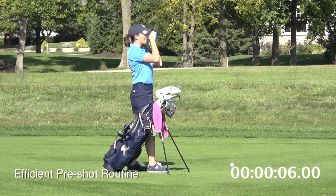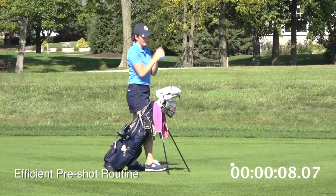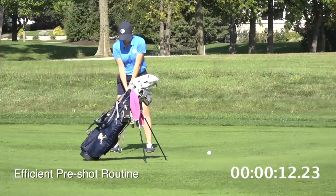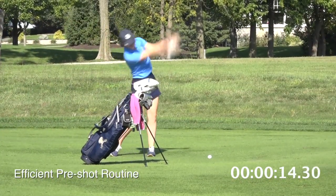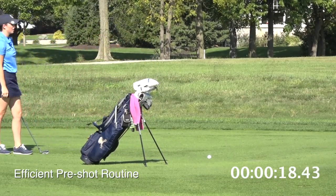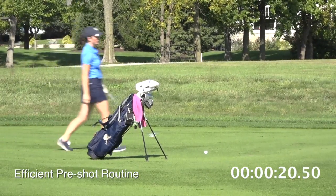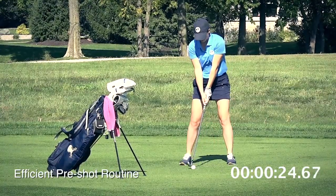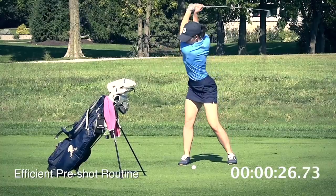This player has walked all the way to their golf ball. They've gotten their yardage and they already know which club they're going to play. As soon as the player before them plays their shot, they've already begun their routine. Once in their routine, the player limits their practice swings and makes sure not to take any divots with the practice swing they do take. The player also steps into the shot one time and limits the time they